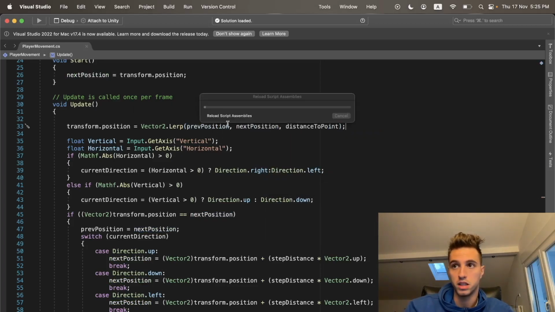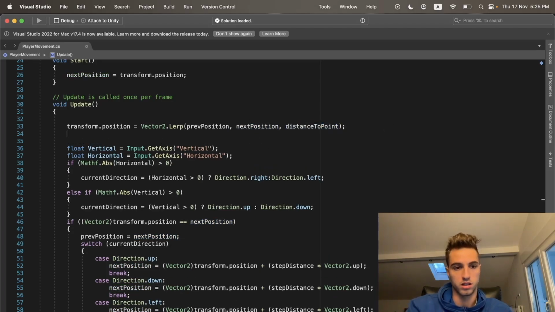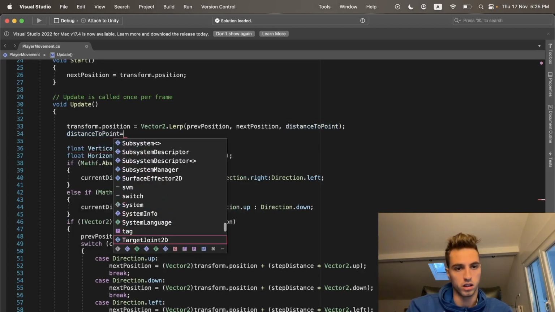So basically this means that if the distance to point is 0, then our transform position will be our previous position, and if this is 1, it will be our next position. If it's 0.5, it will be in between these two, and so on. So that's it, and now we want to actually calculate our distance to point, which will be our